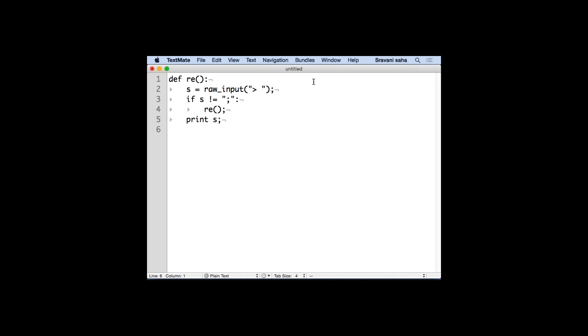So now what will this program do? It will keep on taking inputs, unless you enter a semicolon. So if I said